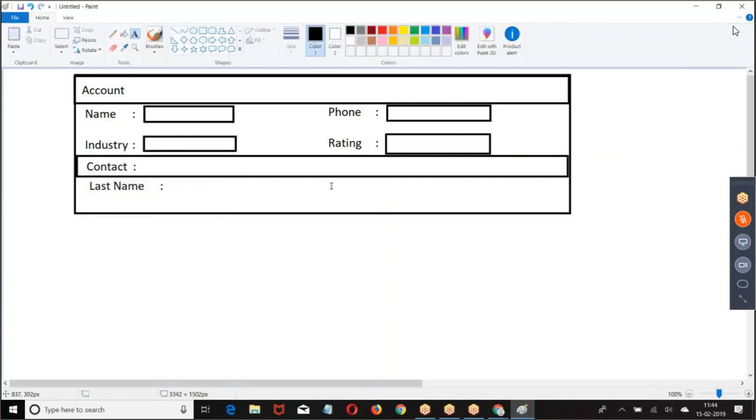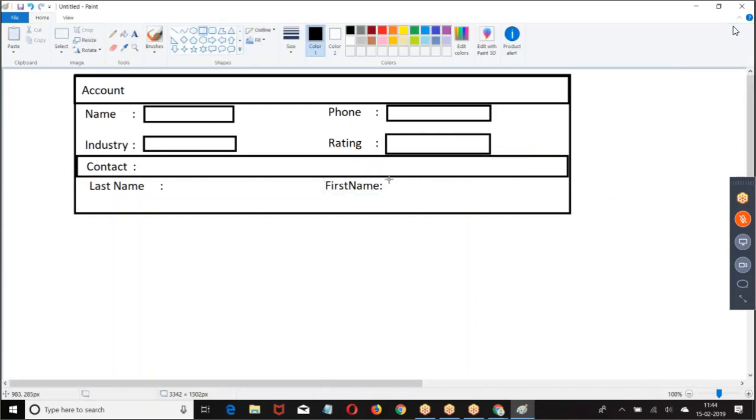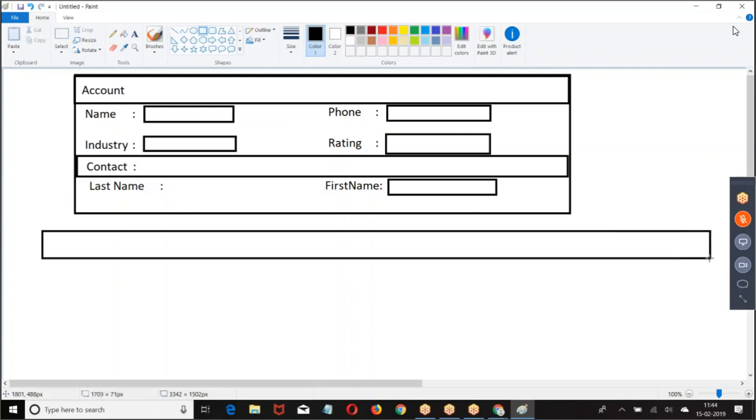Let me make it short. Last name first. Now when I click on add, that should be displayed in the block.